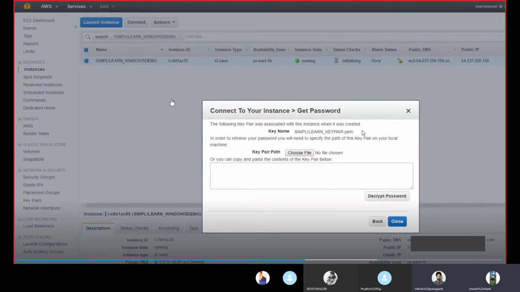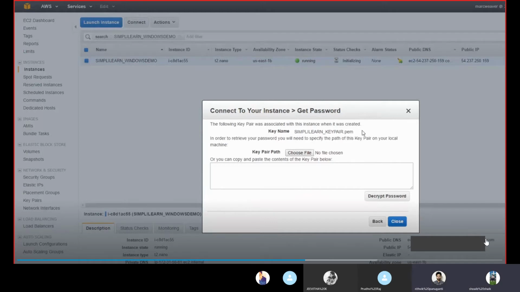So, Ritvik, did you get this? No, it says we have to wait for at least 4 minutes. Yeah, let's wait for 4 minutes. So everyone is clear with launching and getting connected to Linux, right?